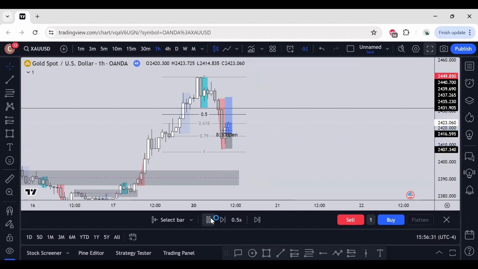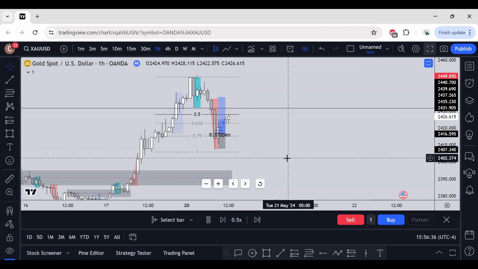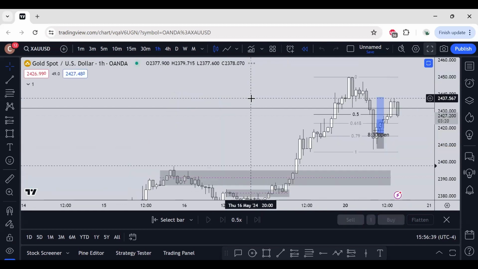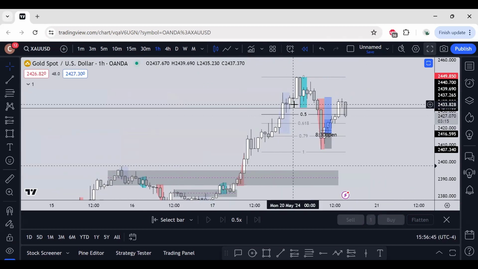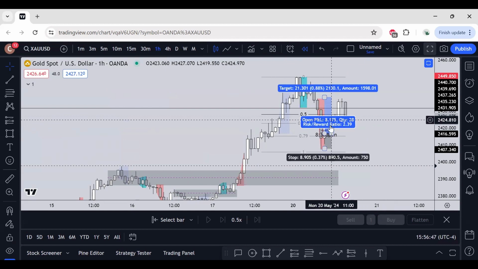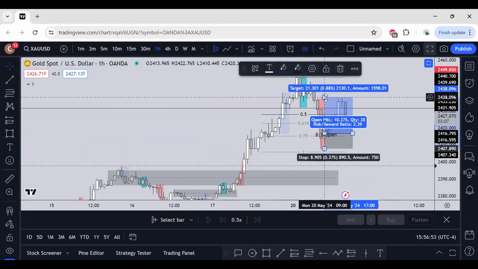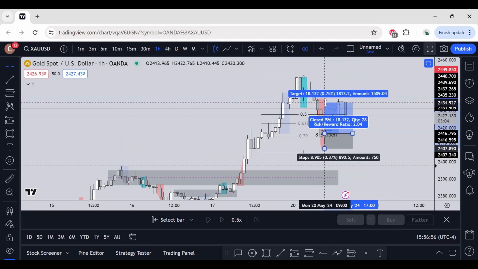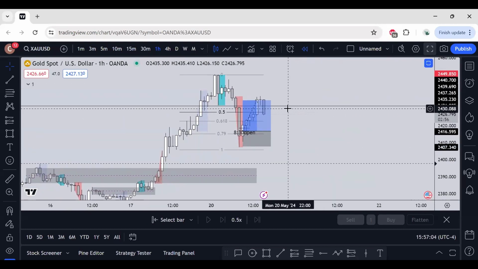Just playing over here, slowly but surely, it did end up going to its target. And there we are, how I had it before. I had it lower, but it was around here somewhere. 1 to 2, there you go. So this is it, just tape reading. I did not really participate in it, but that's how we learn.